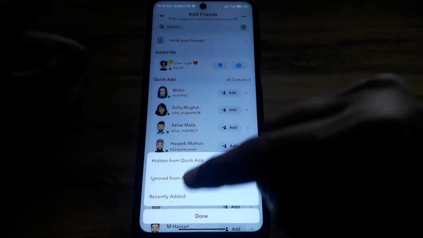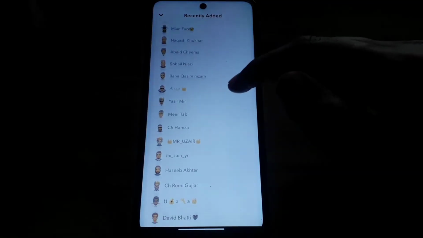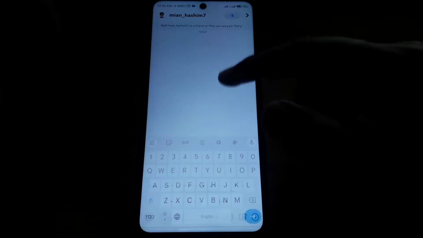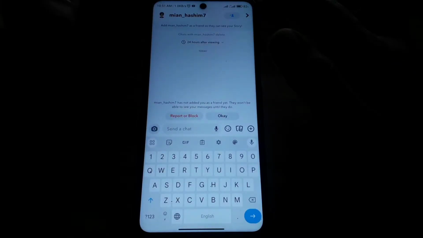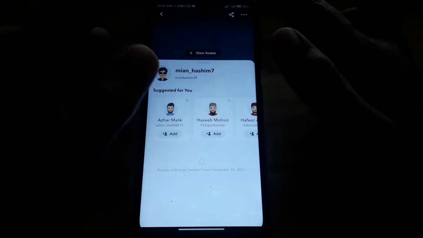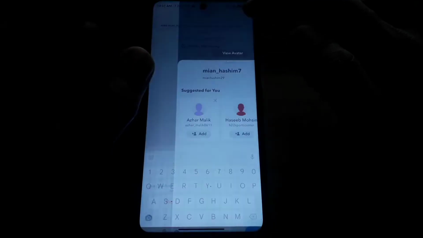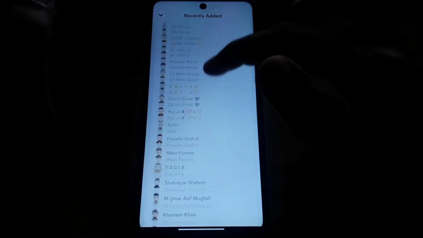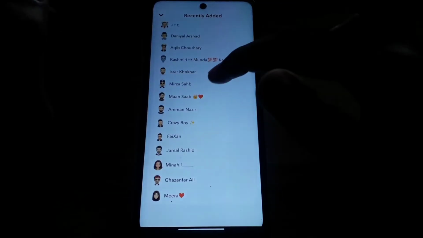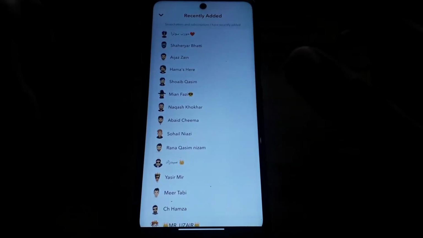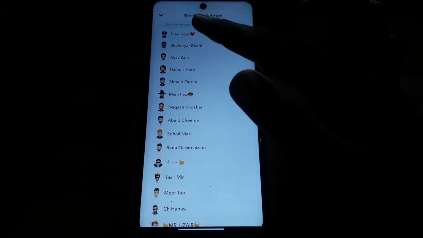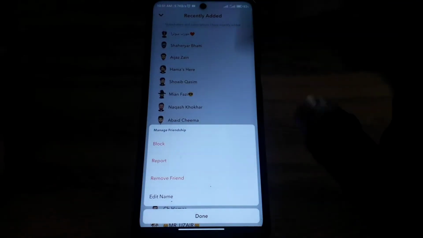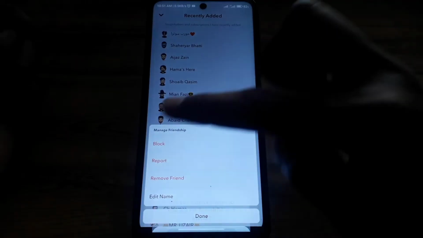The third option is recently added, which means these are the friend requests you have recently sent. So if you want to cancel all of the friend requests on Snapchat, then you have to simply go back, and here you can see there are many sent requests available. Now if you want to cancel the friend requests, you can simply press and hold that ID, and after that you can click on manage friendship, and here you can click